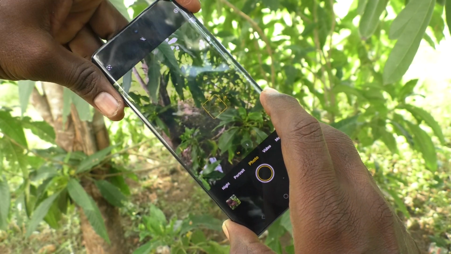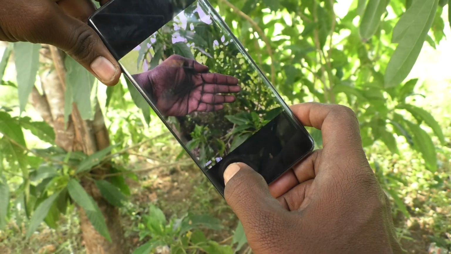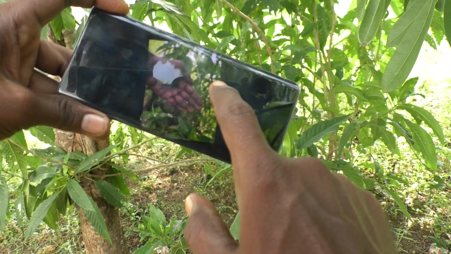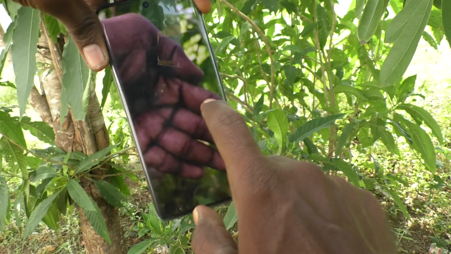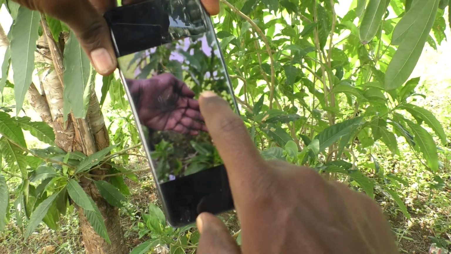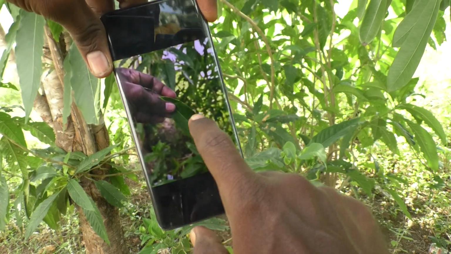See, now open the picture. To open, click here, and this is the picture that I took using my camera. Okay, see,